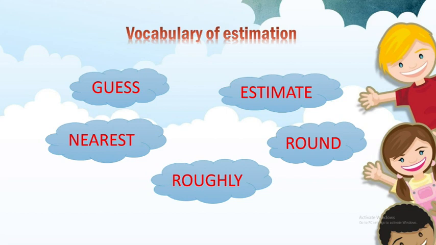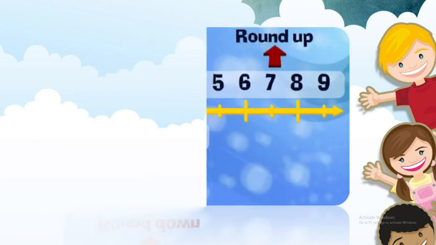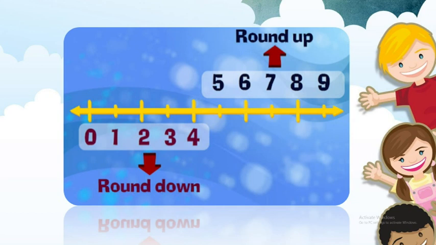Students, did anyone know what this number line tells us? Okay, let's see. This is a very important picture, or number line, when we are going to round large numbers to the nearest place values. First look at the numbers 0, 1, 2, 3, 4. These are numbers less than 5. If the digit in the unit place is less than 5, replace the digit by 0 and the other digits remain as they are. For example, round off